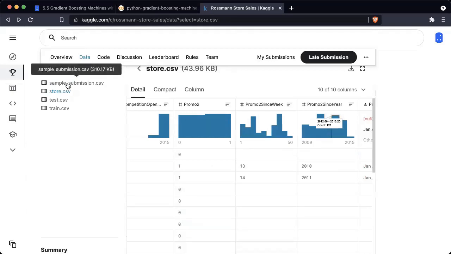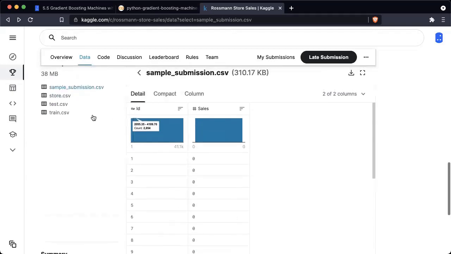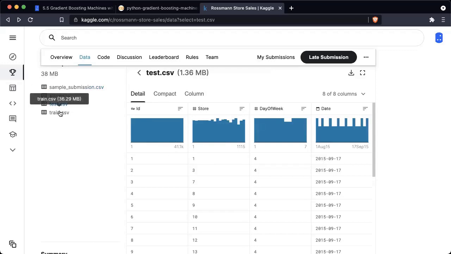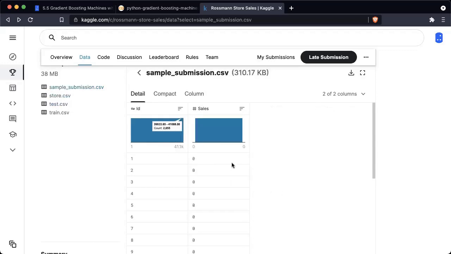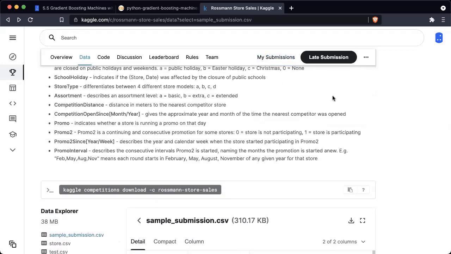And finally, what we need to do here is make this submission.csv file, and the submission.csv file should have IDs, and this ID should reflect the ID from the test set, and the sales here should be filled in with the predicted sales that your model comes up with after training on the training data for the test set. Okay. So the ID would be the ID from the test set like this, and the predicted sale would come here. And then you create a submission.csv file, and then you can make these submissions.